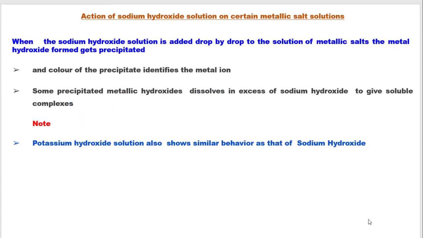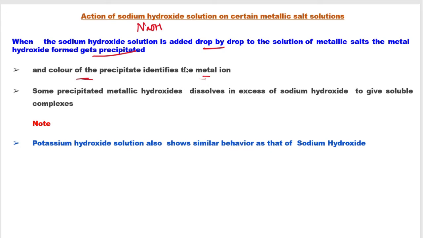Now we will be discussing the action of sodium hydroxide as well as the action of ammonium hydroxide to distinguish the metal ions. First, we will discuss sodium hydroxide solution, NaOH. So, what is the procedure? We will add sodium hydroxide firstly drop by drop to the metal salts, so that the metal salt converts into hydroxides and gets precipitated out with the formation of different colors. The color of the precipitate will help in identification of a metal ion.